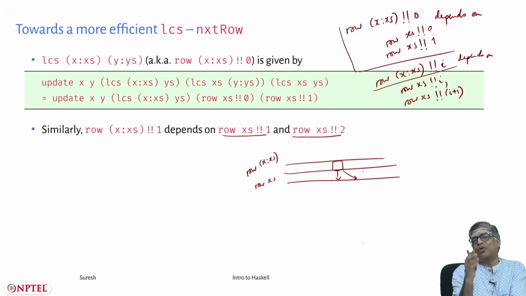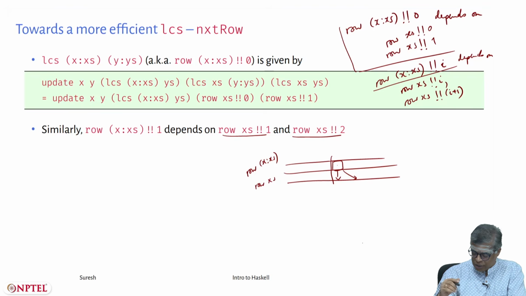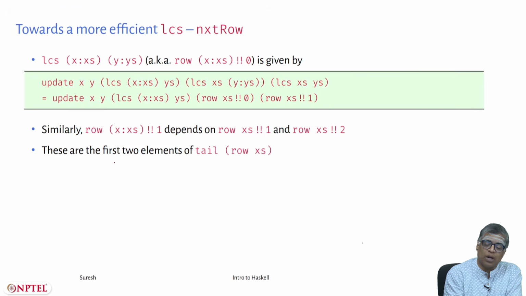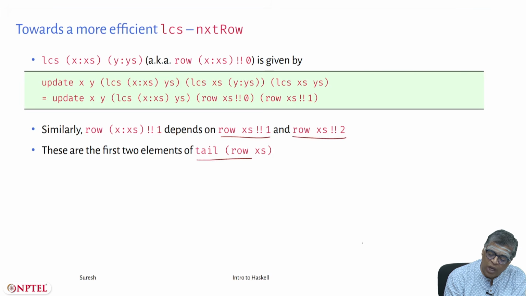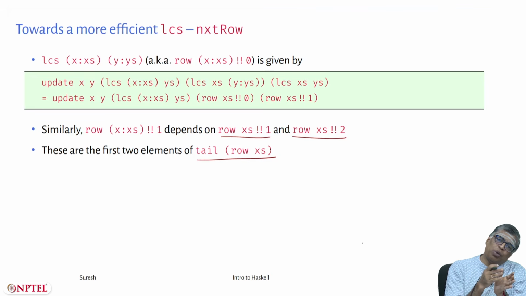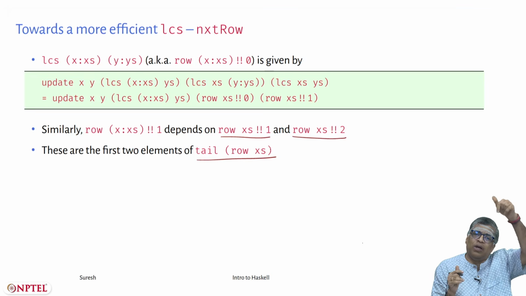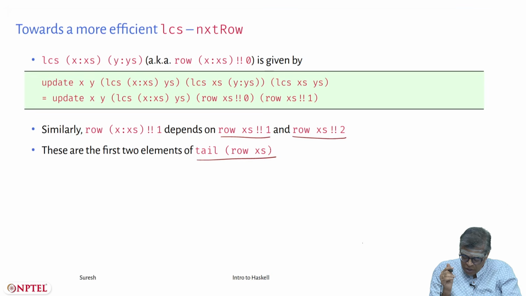But we do not want to randomly go on index by saying bang bang. If I am trying to compute this, what I want is just that part of row of x's. So when I make the recursive call, I will just pass the tail of my original thing as an argument, as you will see here in a minute. So row of x's at 1 and row of x's at 2 are the first two elements of tail of row of x's, because it's x's of 0, x's of 1, x's of 2. So you should pass that argument such that you can recover whatever elements you need by going to the first element and second element.